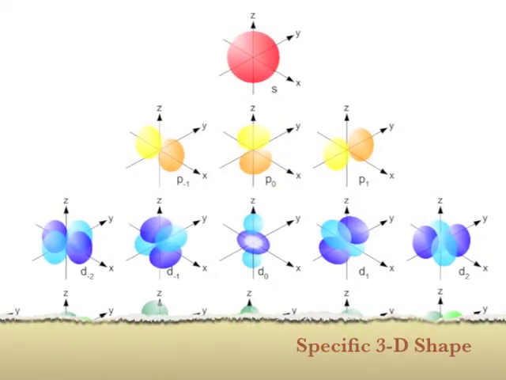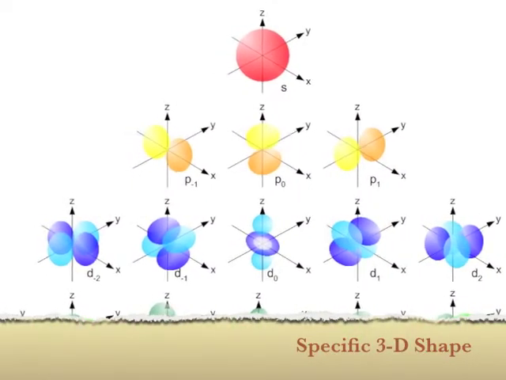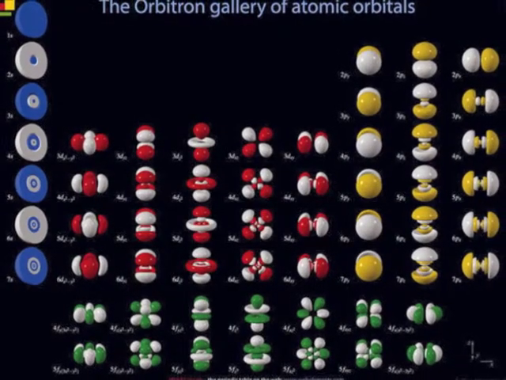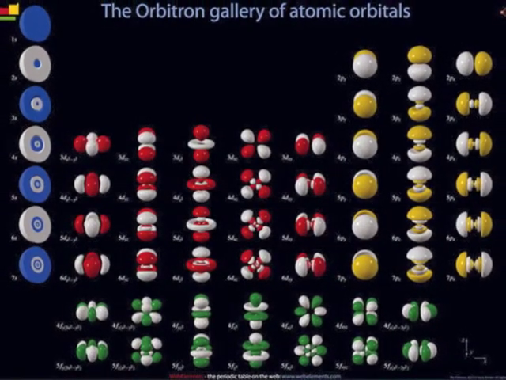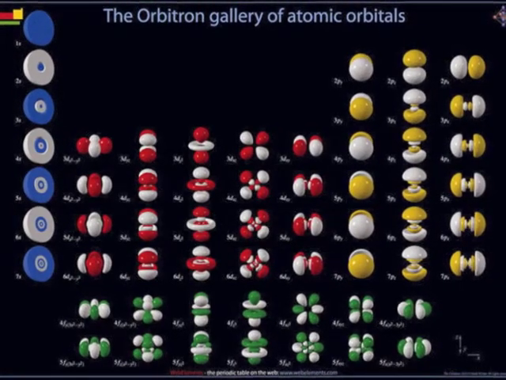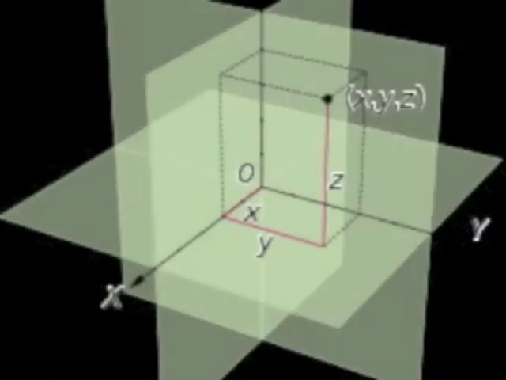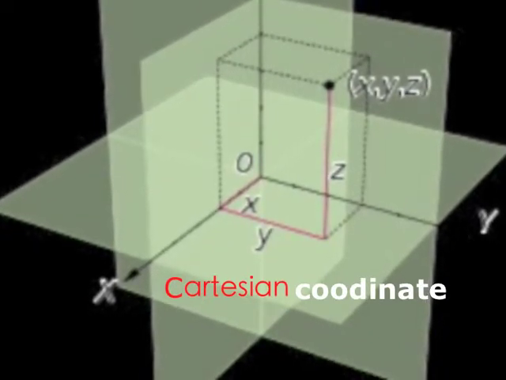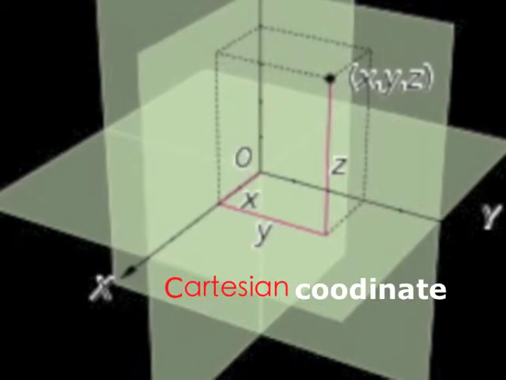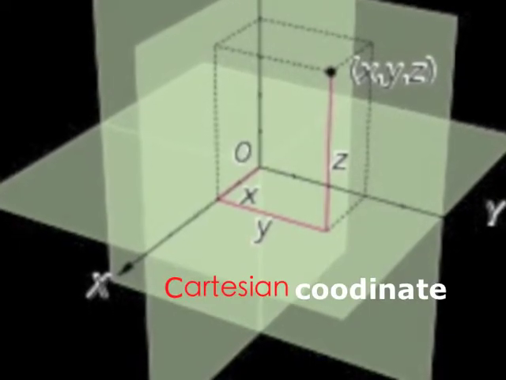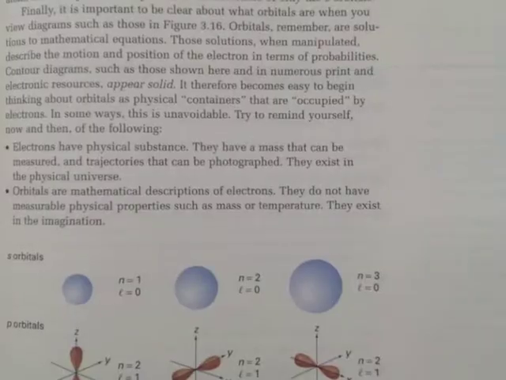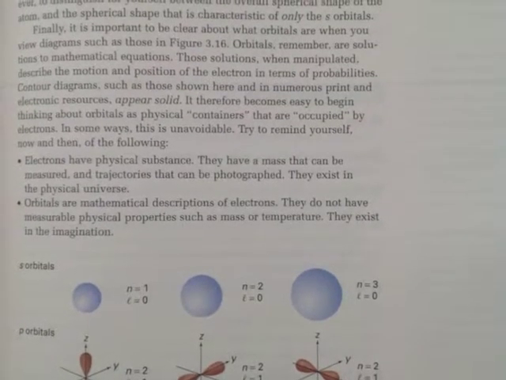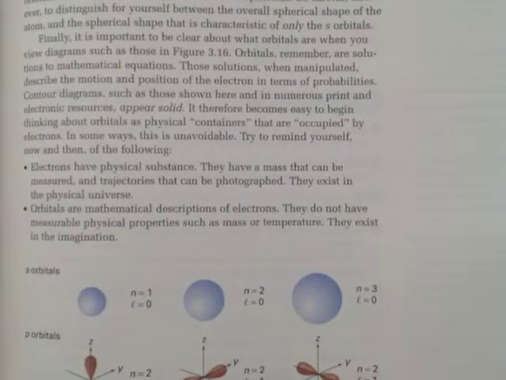Each sublevel has one or more atomic orbitals with a specific three-dimensional shape. The shapes of the atomic orbitals are related to the probabilities of finding the electrons in a certain volume in space. Using the Cartesian coordinate system, x, y, and z axes, as a frame of reference, the nucleus of the atom is located at the origin. On page 137, the text and the diagram of shapes of orbitals can explain this well.